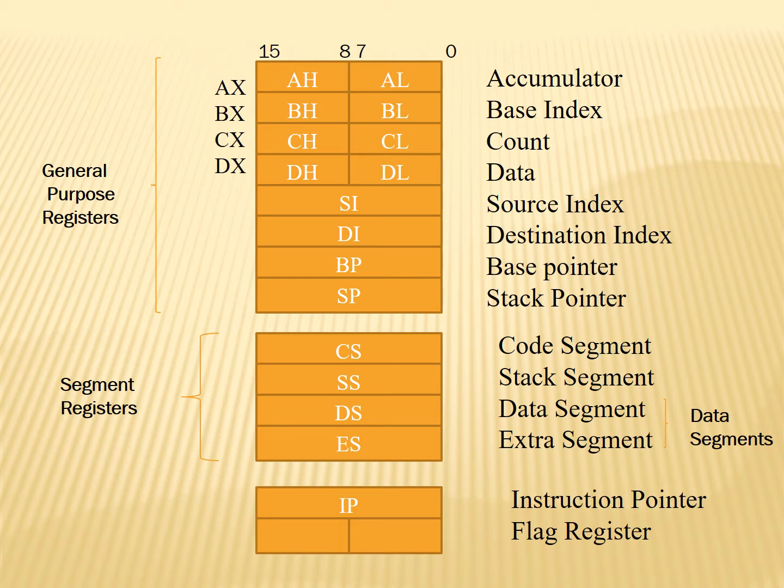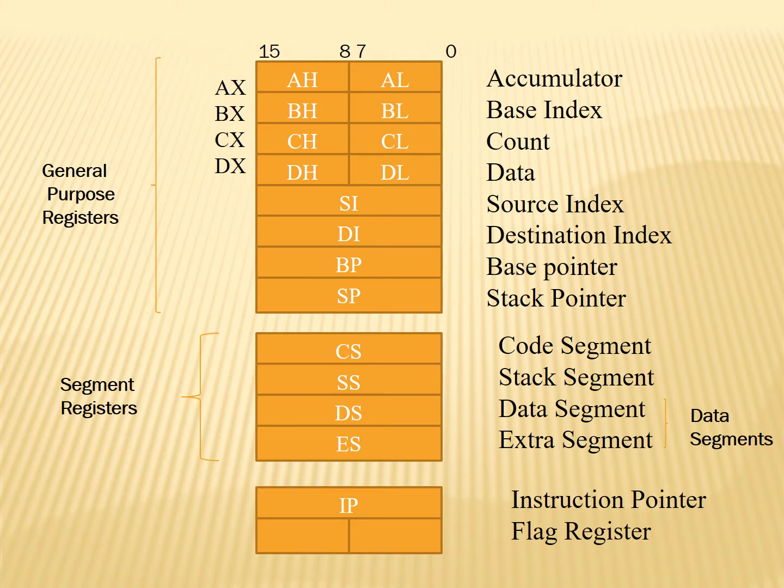You can see this is the diagram of the programming model of the 16-bit microprocessor. I have labeled both ends of the diagram. There are many blocks here, so we are going to learn the three main blocks, how they are classified, and the sub-blocks inside them. The programming model of the 16-bit family is classified into three different blocks: general purpose register, segment register, and the third group, which consists of the instruction pointer and the flag register.